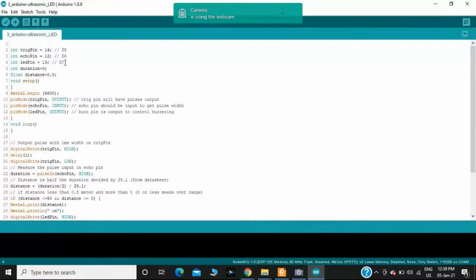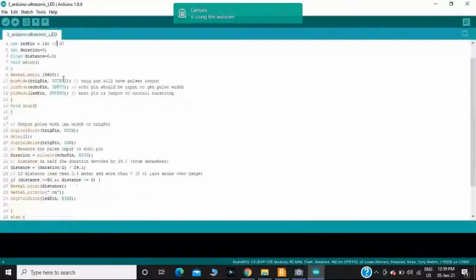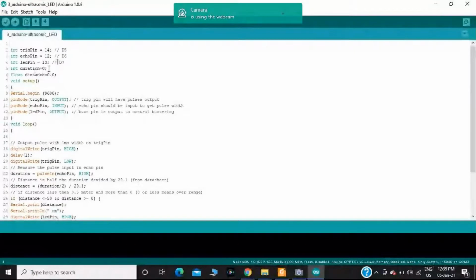D7 is equivalent to GPIO number 13. Then I should initialize the duration equal to 0, and I am taking the data type float for the distance, 0.0. For duration, I am taking the data type int.